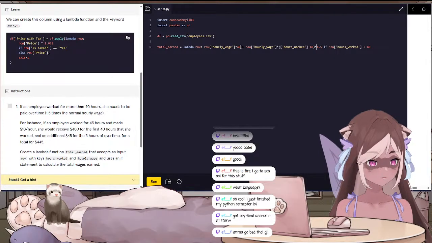Row hourly wage times 40 plus row hourly wage times hours worked minus 40 times 1.5